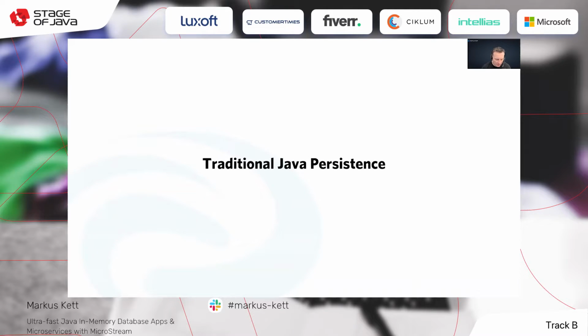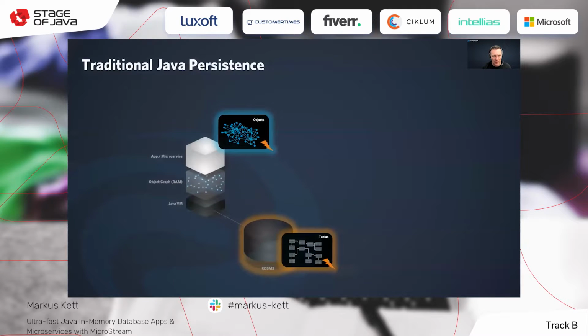Now let's talk a little bit about the core problems of traditional Java persistence to understand the challenges in database programming of today and how we can improve Java persistence fundamentally. In Java, everything is an object, so everything is object oriented, and we love to use objects.